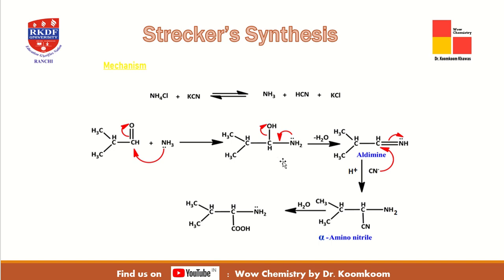So this reaction will result in a condensation reaction and an aldimine is formed, which on further reaction with the cyanide nucleophile results in the formation of alpha amino nitrile, one nitrile group and one amino group, and further hydrolysis of this cyanide group will give us the required amino acid. So this can be considered as a two-stage process which includes the formation of aldimine and later the formation of alpha amino nitrile, resulting finally in the production of alpha amino acid.